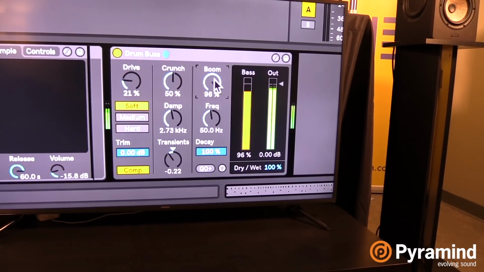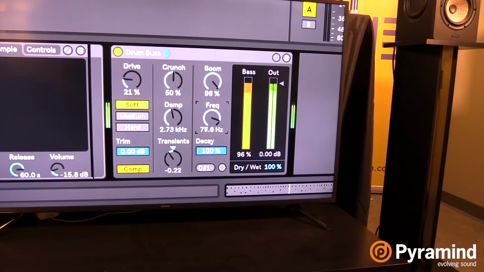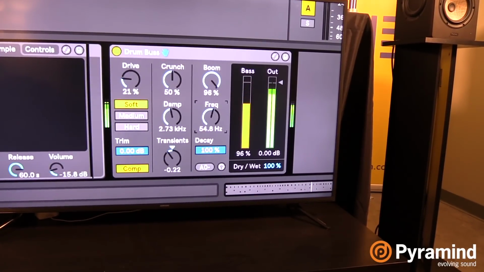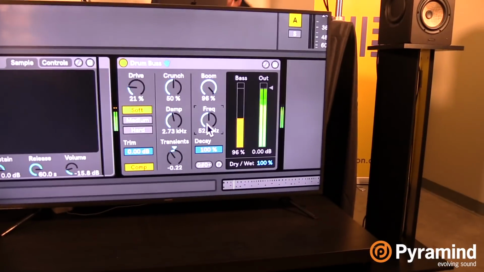Now, the low frequency here is tunable, so right now I'm at 50 hertz, but I could easily tune this up or down. Maybe I want to hit the resonant frequency of the room to really annoy the other exhibitors here. Or maybe I want to tune this to a specific pitch so that it helps to support the whole